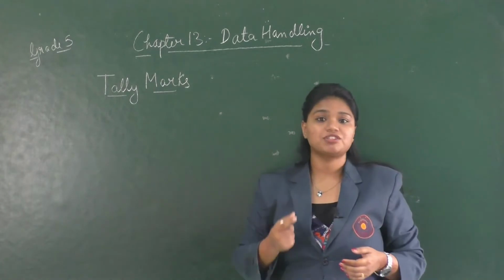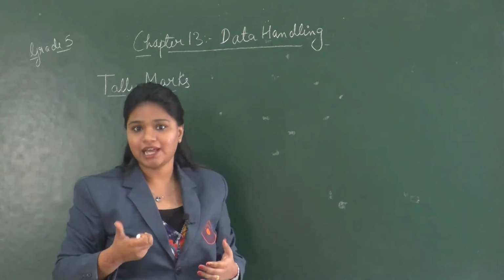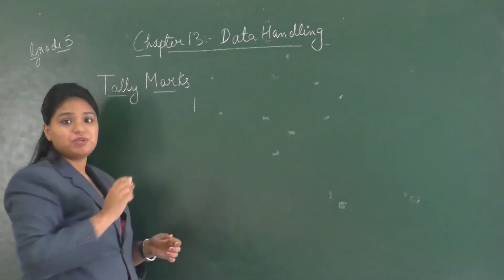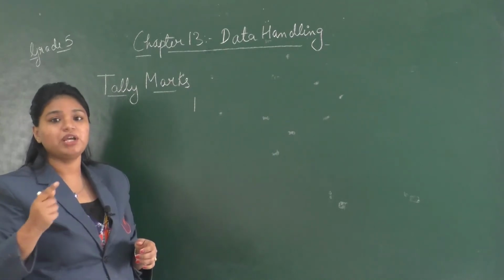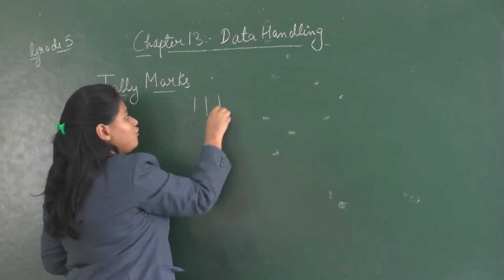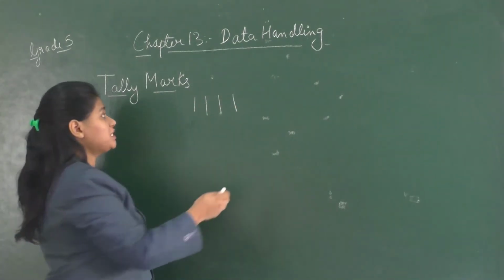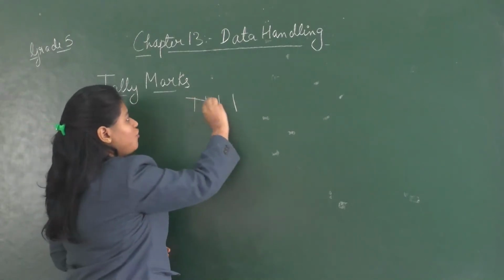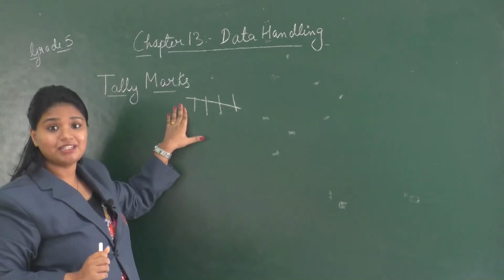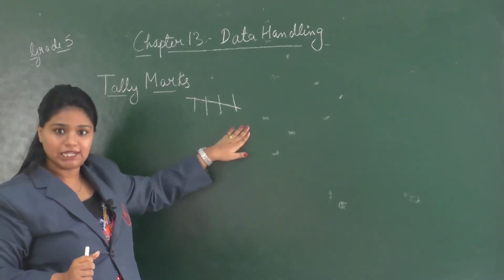Now tally marks is used for counting the number of things. And how do we add the tally marks? So we add vertical lines to represent one tally mark. So when we are counting the things, 4 items will be represented by 4 straight vertical lines, and then the 5th item will be represented by cutting these 4 lines, that is diagonally. So the 5th item will be represented by making a diagonal line across the first 4 vertical lines.